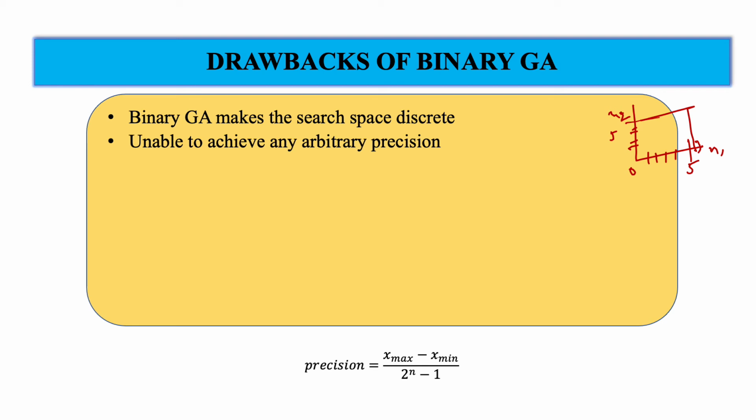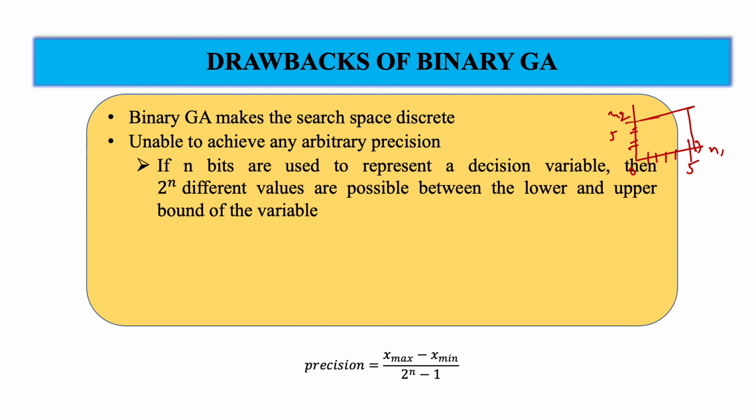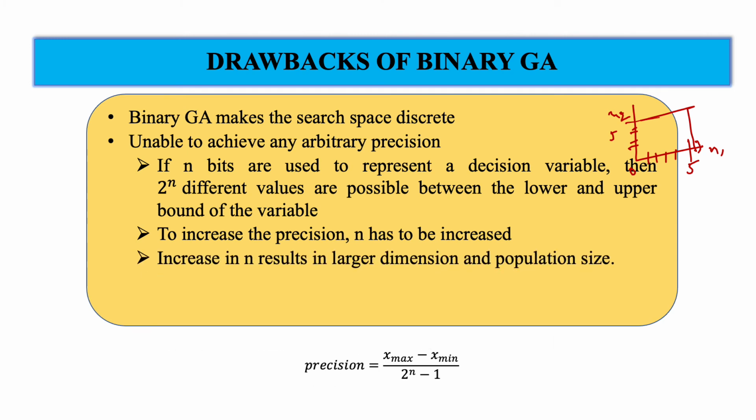Suppose you are using n bits for your decision variable, then 2^n different values are possible between the lower and upper bound of the variable. This is how it converts continuous into discrete. To increase the precision, n has to increase, so the bit length of your solution has to increase. An increase in n results in larger dimension and population size. Then the last drawback is